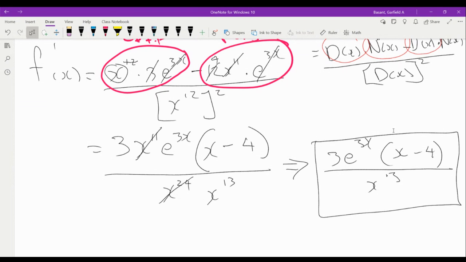Any other questions or comments? Because we're about out